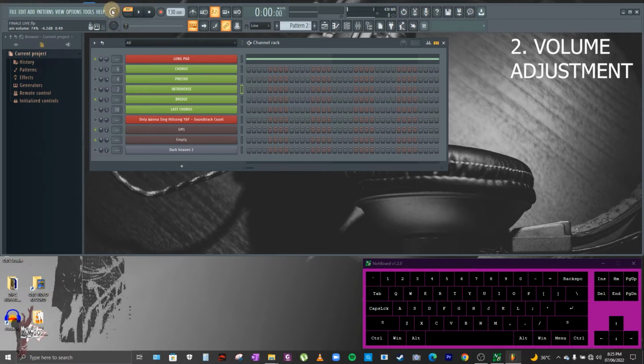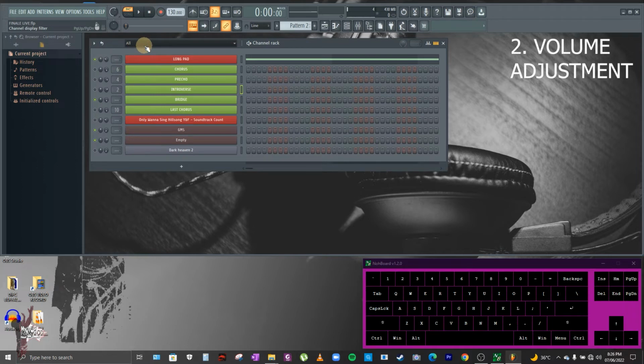Okay, now the second type of volume are the channel volumes. So these are the channel volumes here. This is found at every channel, regardless what channel it is. Everything, each and every one of them have a volume adjuster here. Okay, so you can lower the volume or increase it. So as it says, it means that whenever you're adjusting a specific volume here, it will only affect the specific channel.